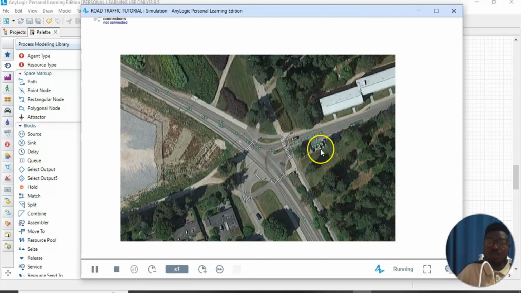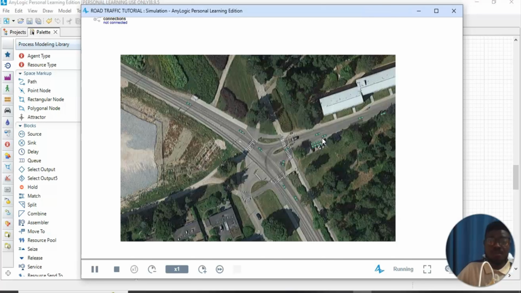So it shows that we still need to go back to the flow chart and edit it to show that when we have the maximum number, the other vehicles should continue on the east road without causing any form of traffic congestion around that road. Because in reality, when the parking lot is filled up, you don't see cars waiting on the road. They have to continue on the road, probably look for another parking lot on that road or on other parts of the road, rather than waiting on the road